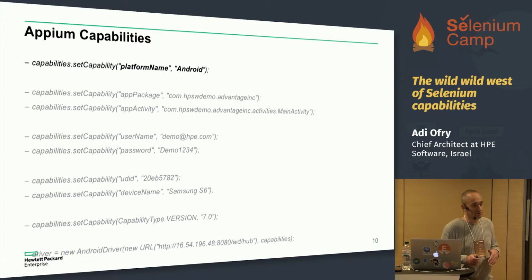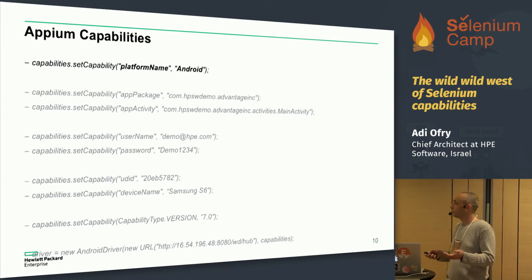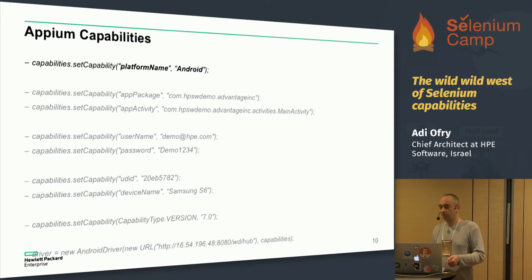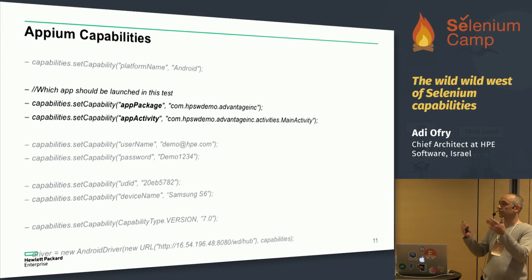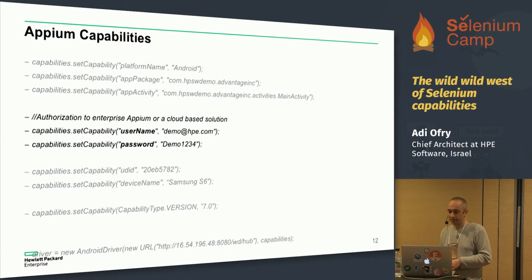Let's see an example of how it looks. For starters, you're going to say which platform you want to use. In this example, I'm using Android. Next, you're going to say, I want to open this application. Instead of a browser with a URL, now you're going to say which package you want to start. And later on, you're going to say, please start this activity. So you'll open up the relevant view within this application. And next, and that's the first